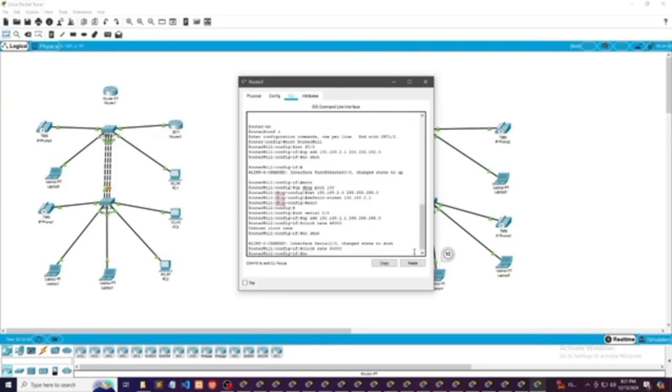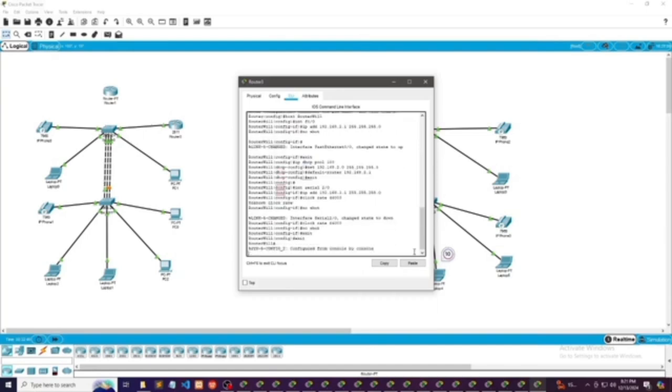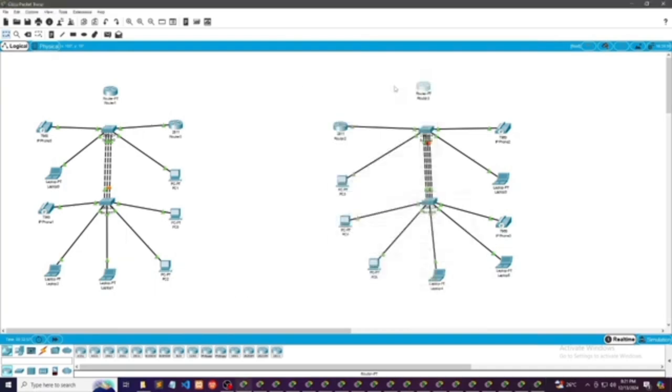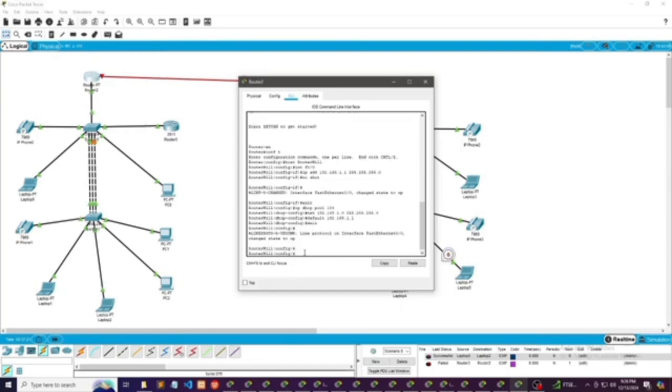Then exit again here. And after doing it, the console will appear. As you can see, the console appears after. Then minimize it. Okay, or should I say close it? After that, we can now connect the router to the other router system. Now here, click on router 2, then type the codes. Same codes. So type int serial 2/0, enter.